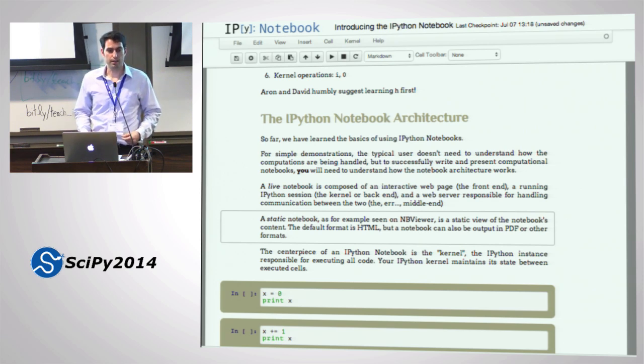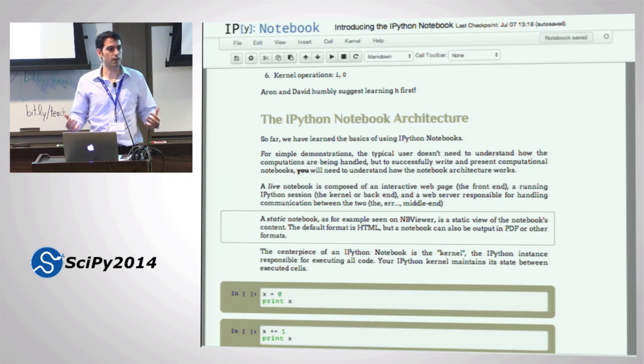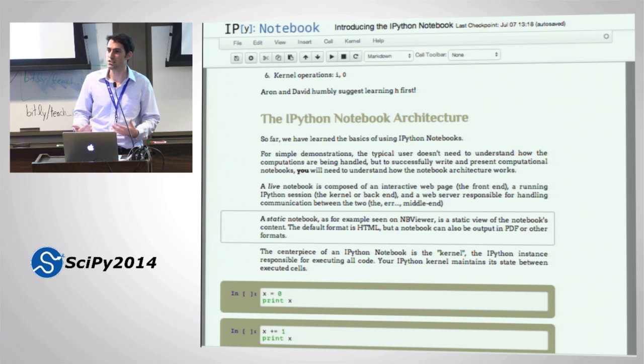Okay, so the IPython notebook is really 3 programs all sort of masquerading and hiding the fact that there are 3 programs running, right? There is the front end, which is actually executing in your web browser. So your web browser using JavaScript is building this nice rich display for you. And there are plenty of examples of things like D3, these nice beautiful animations. There's no code running on another computer or in another process. It's all running in Chrome or Firefox or Internet Explorer or Safari or Opera or whatever it is you're using. I don't think Lynx supports JavaScript, so that's probably not happening there. For the non-Unix geeks, Lynx is like a text-based web browser.